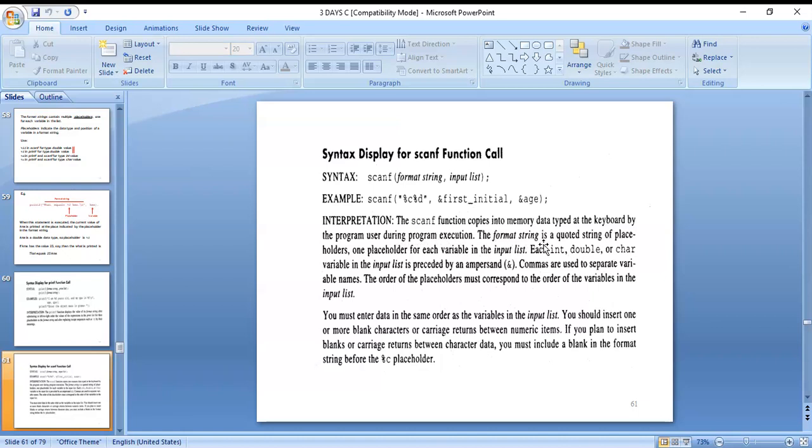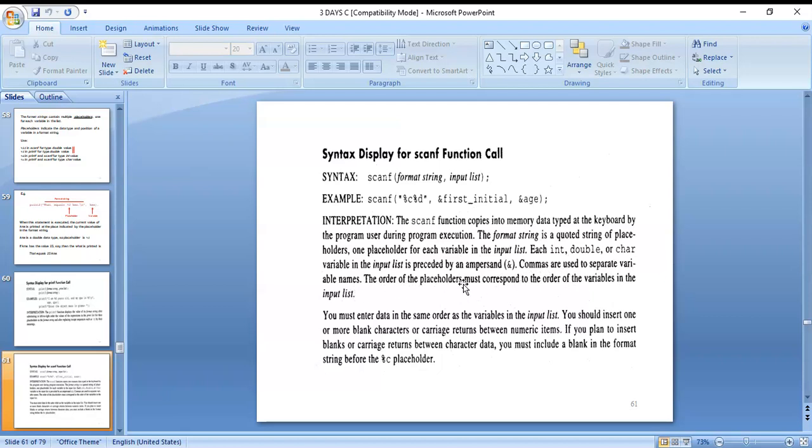The format string is a quoted string of placeholders, one placeholder for each variable in the input list. Each int, double, or character variable in the input list is preceded by an ampersand. Commas are used to separate variable names.